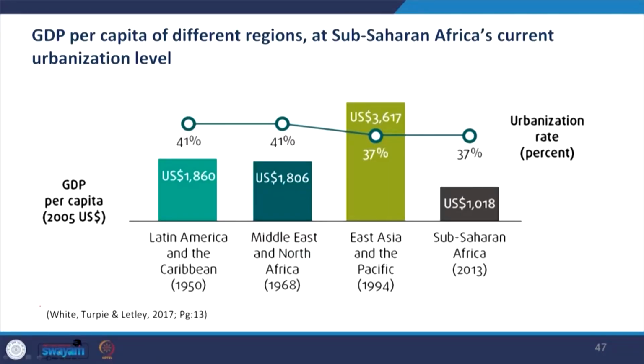This is intensified by a low proportion of overall capital investment into infrastructure such as housing, office buildings, roads and other things, which remains at around 20% of GDP, which is relatively very low investment. Seeing further, White, Turpie and Lletley note that institutions and systems are weak.